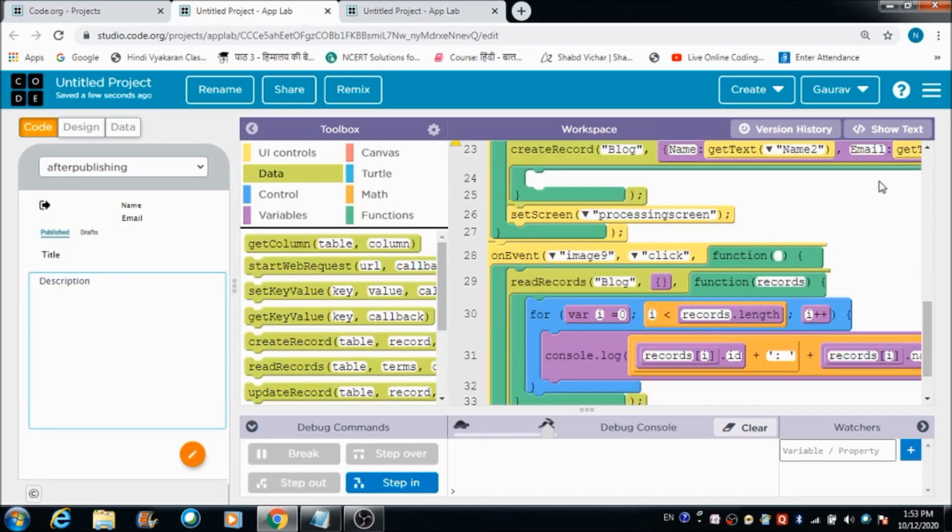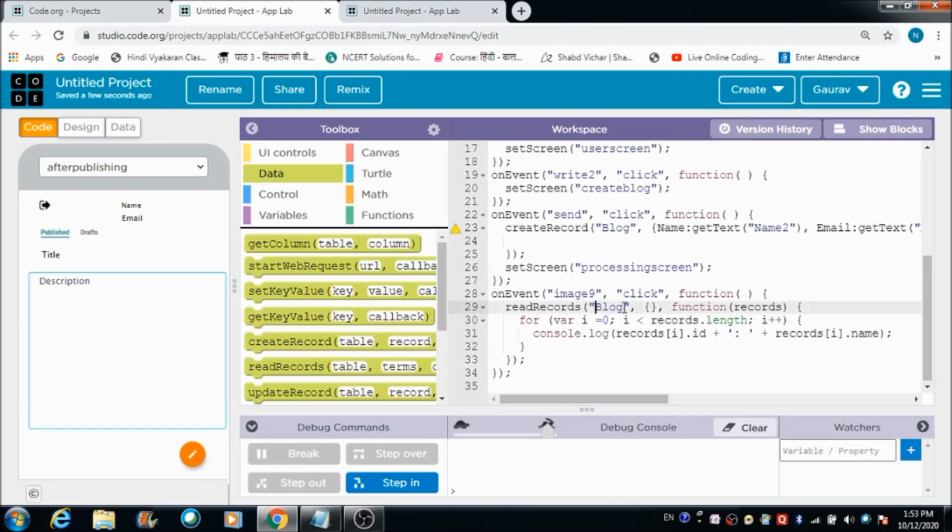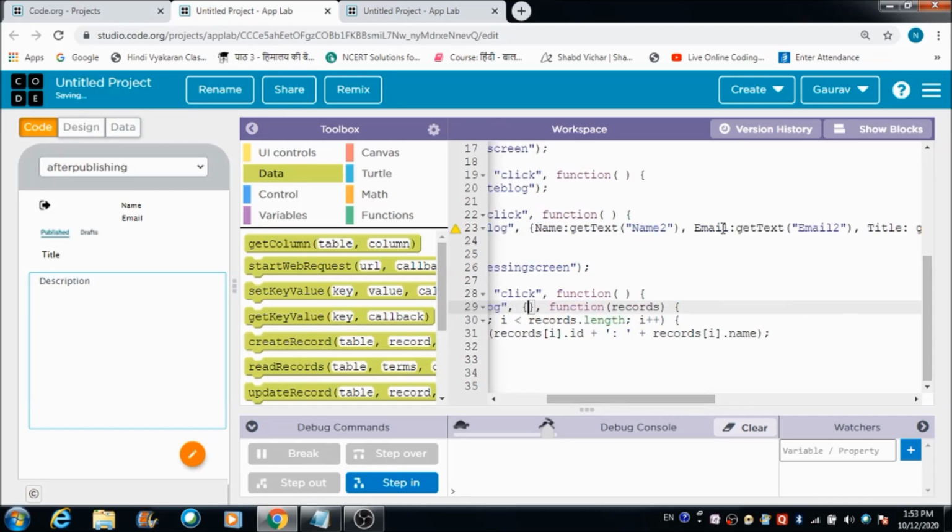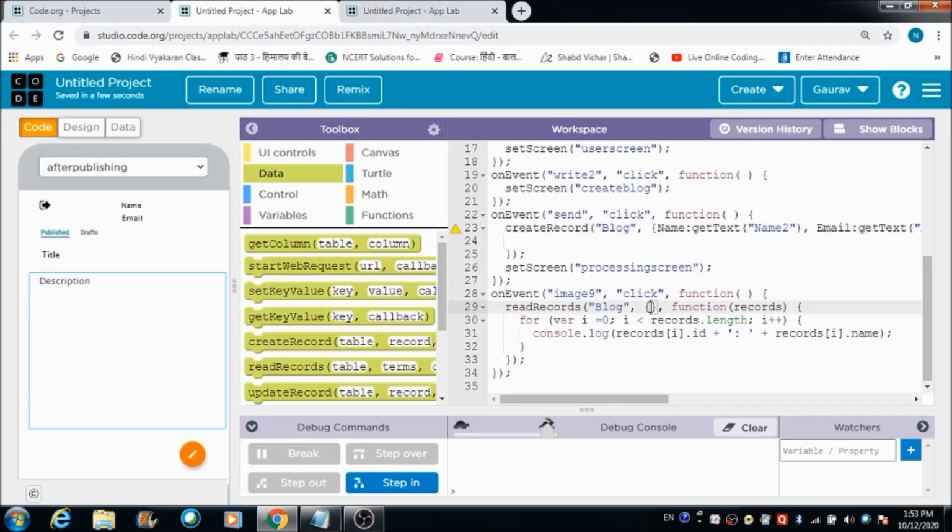Fine. And besides, I would like to read the records of which person. That's what I also have to code here. For that, let's make use of this code and put it over here.